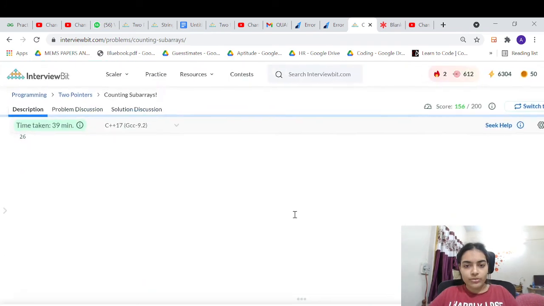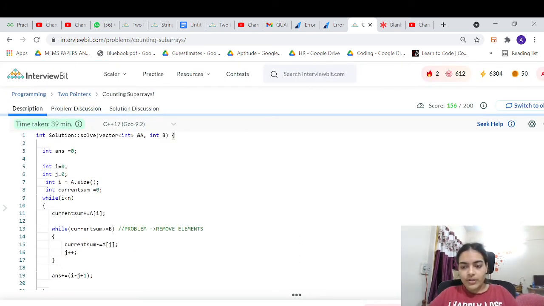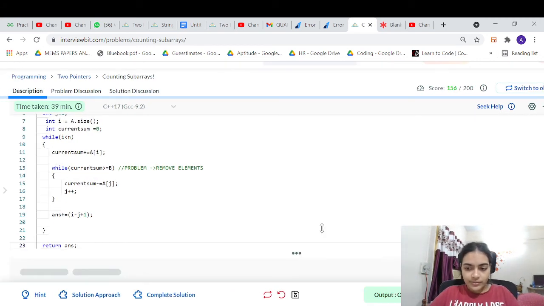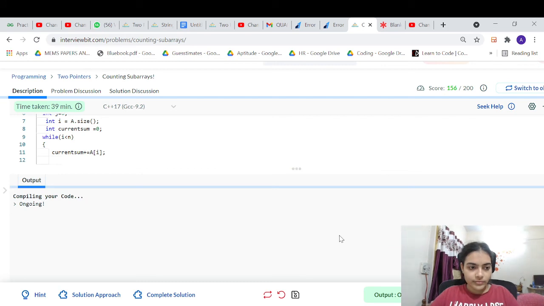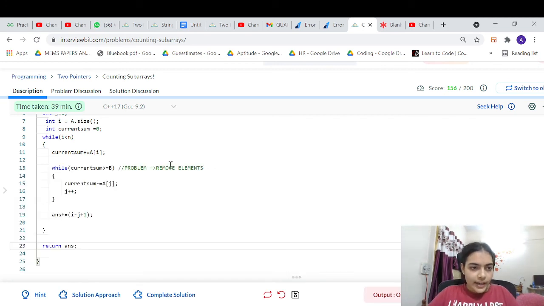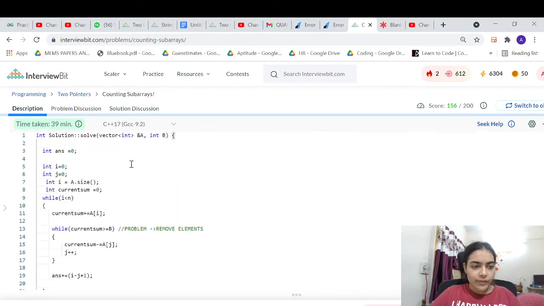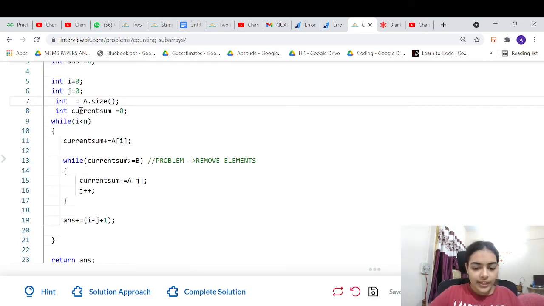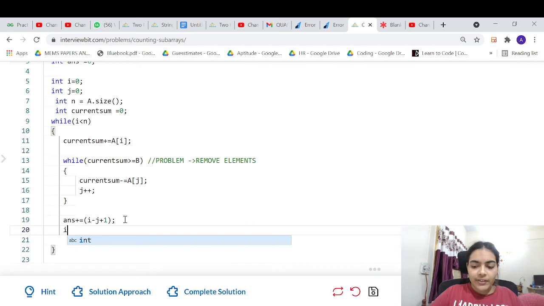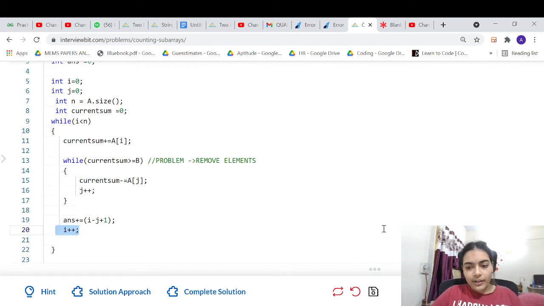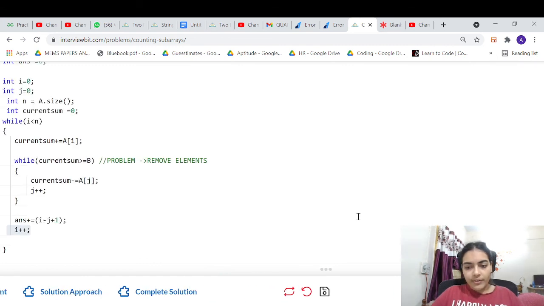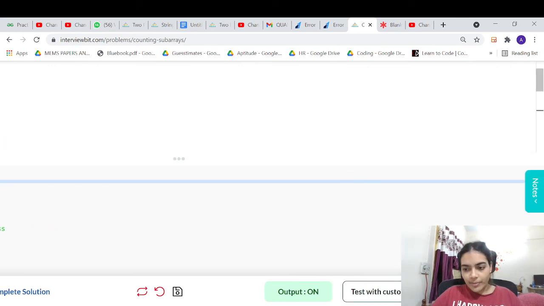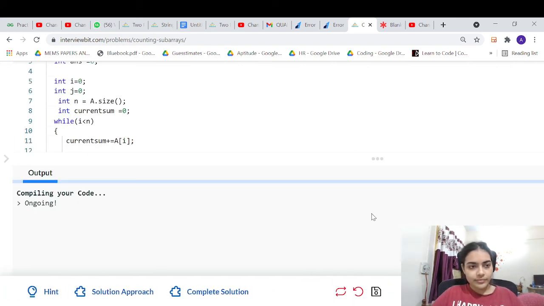Now let me try to run this code and let's see if it is working. So let me test and see if it's working. Okay, so there is an error. We have made two errors, right? What are the two errors? First is we have given i here, which should be n. The second error is we are never incrementing our i. This is a problem. It will run into an infinite loop. So we should increment our i whenever we are inside that loop. Okay, it's fine. Now let's submit and see if it's working. So it's working. That's it.